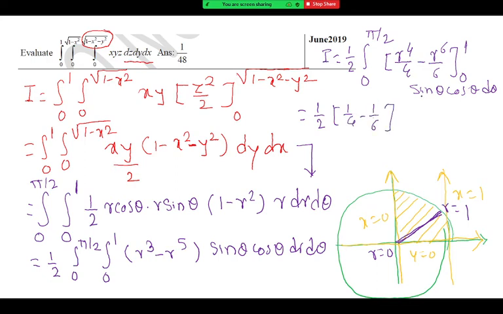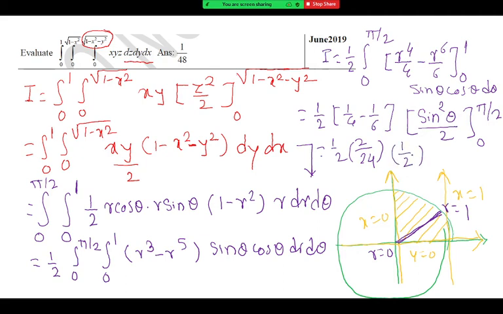That's one. Now I will put sine theta as t. If sine theta is t, cos theta d theta is dt, so the integral is t square by 2, that is sine square theta upon 2, with limits 0 to pi by 2. So 1 by 2, and 6 minus 4 is 2, so the constant is 1 by 24. Yes, sir. And sine pi by 2 is 1, so this is 1 by 2, and sine 0 is 0. Your answer is 1 by 48 then. That's all. So the next step is your answer.